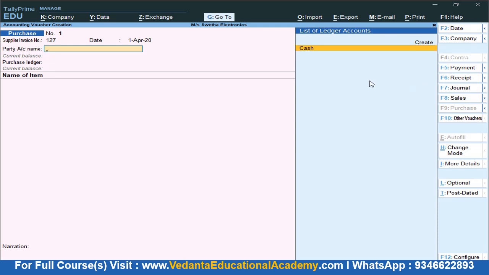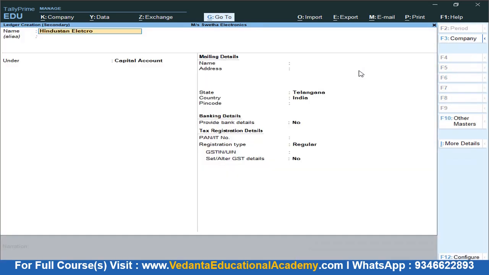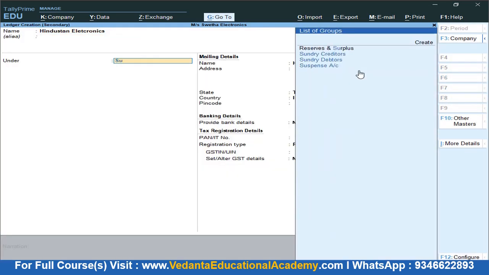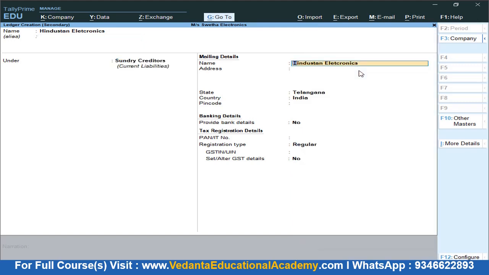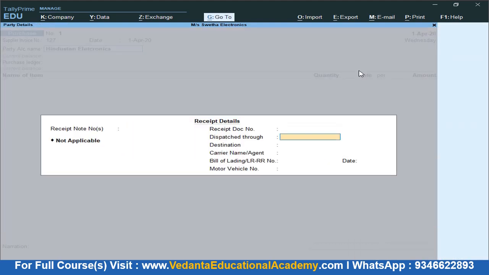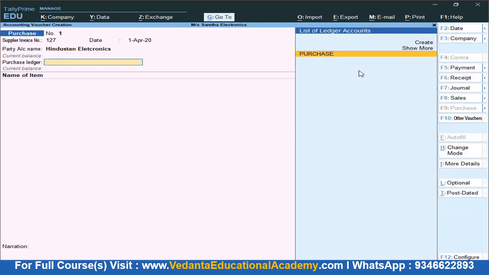As of now the party ledger has not been created, then here you can press Alt plus C or click on create. Hindustan Electricals comes under sundry creditors, and confirm the state and the GST number of the counterparty. Then directly save, accept.